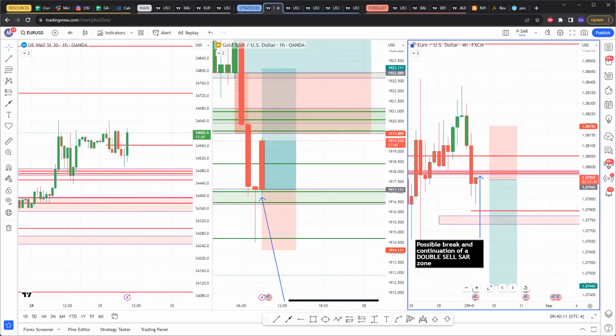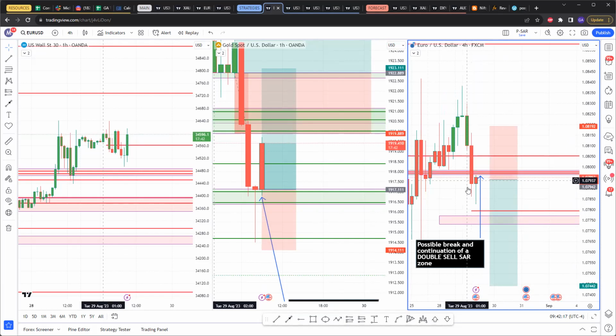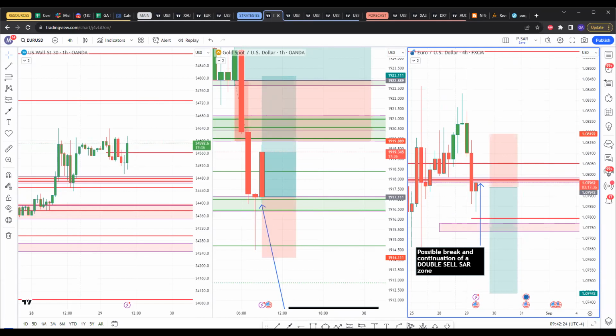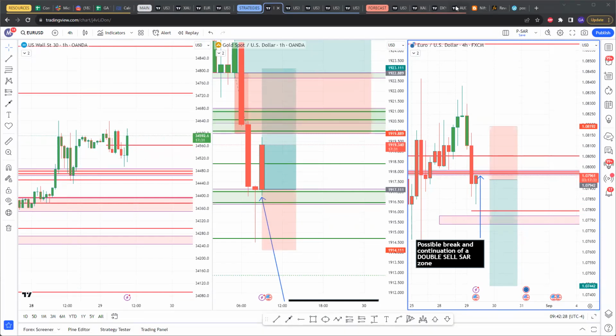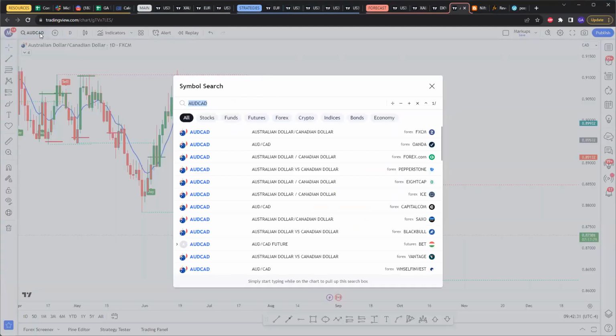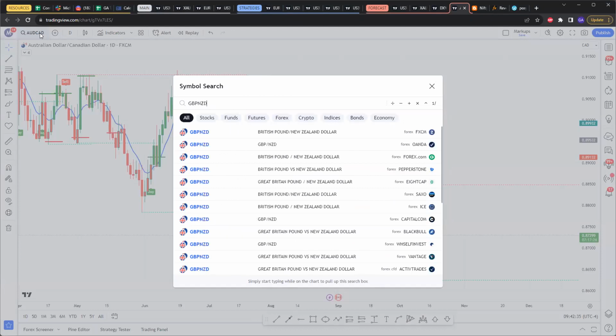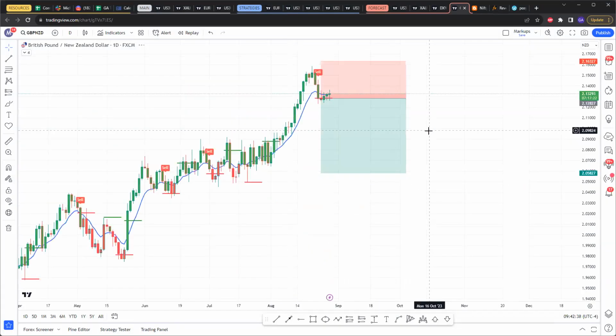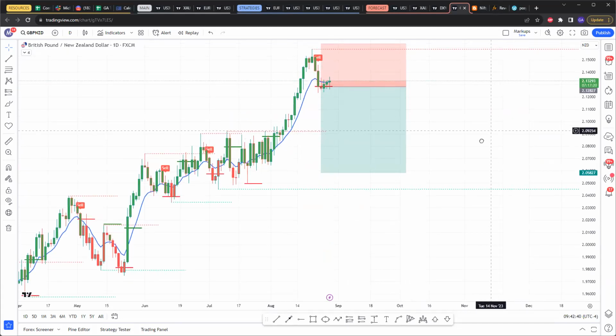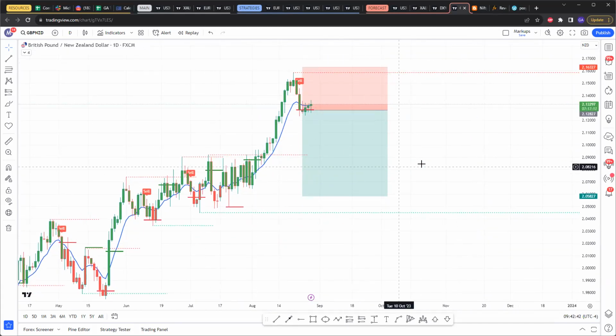If this 4-hour candle closes above this sell SAR, that trade is invalid, because you won't have gotten the continuation candle. Also, this GBP NZD trade is taking its sweet time. This is the other trade that I sent like 2 days ago. This is still